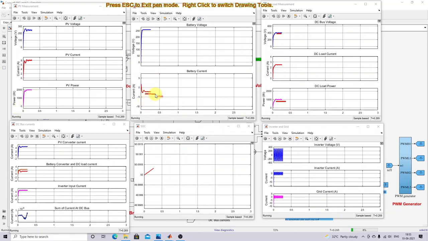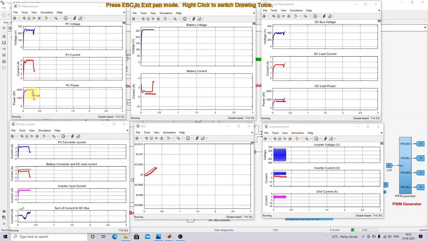So here you can see the battery current is nearly minus 2 amps. Minus 2 amps means the battery is in charging mode. So you can see that the SOC of the battery is increasing now. And then of the 2000 watts, the remaining 1000 watts is shared by the battery as well as this grid. Okay,